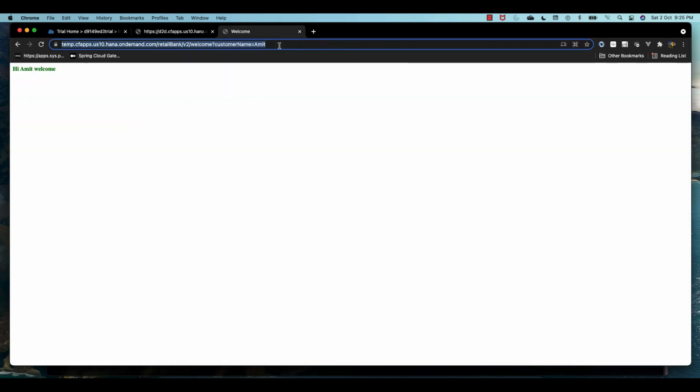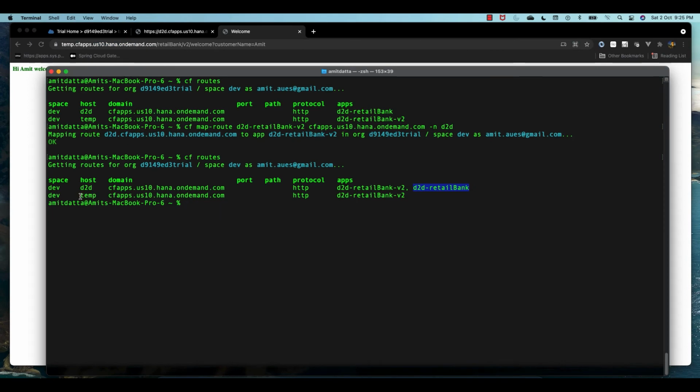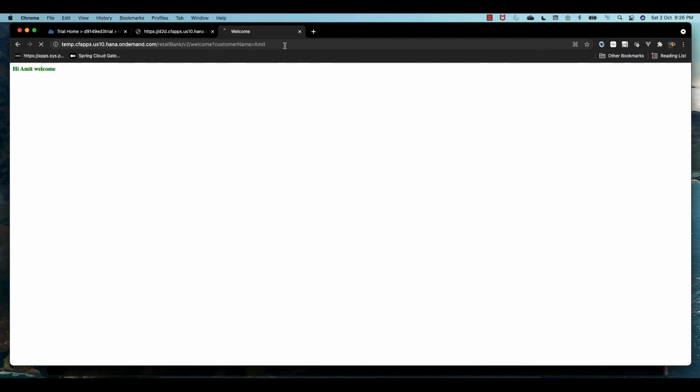Now if we see, this temporary route is still working because the new version is still bound to the temporary route also. It is bound to the original route as well as the temporary route. In this case, with the original route, we can access both versions of the application. So if you can see, the temporary route is pointing to the new version, and